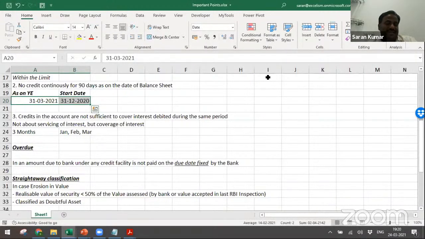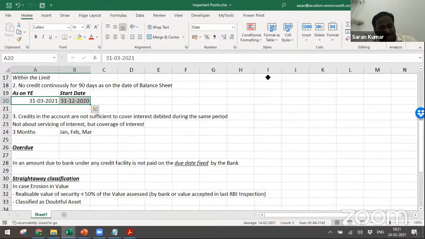You can't argue that, sir, he might have paid a much bigger amount than required, and also he has not even taken 50% of the sanction limit. So he's not utilizing the limit that was sanctioned for him. No, he can't escape, because though he might have paid more than required, for 90 days we need to calculate. If 90 days payment is not there, that is an NPA.